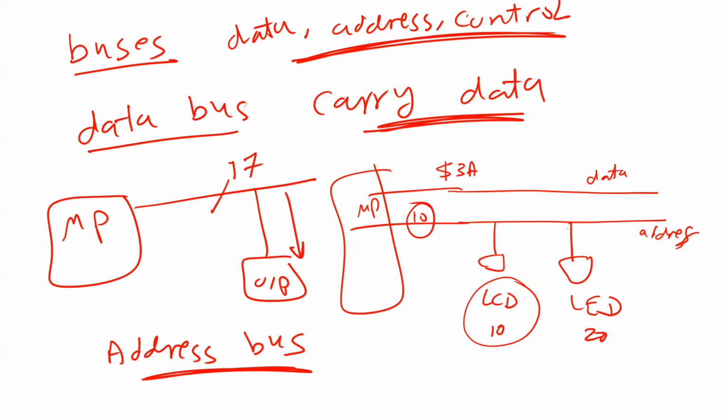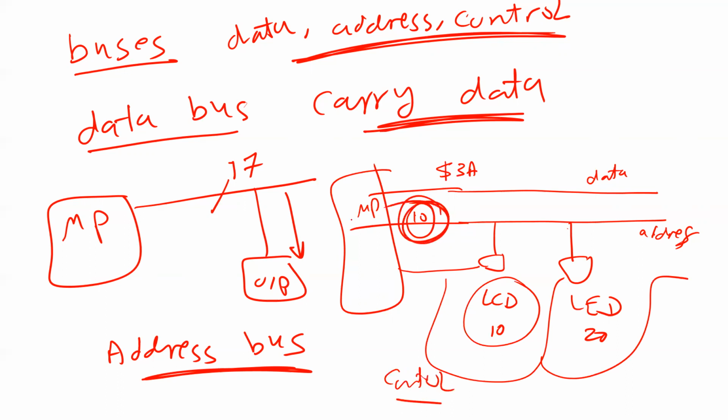So we have here the control bus, which is connected to everyone. Number one, I put the address. Number two, I put the data, so everything is now ready. Using the control bus, I'm going to put the output signal: you can work right now, go and take your data. You got what I'm saying? Because I already put the address, I can send the signal to the output. Only one is going to take this data, the one that has the address I put right there.